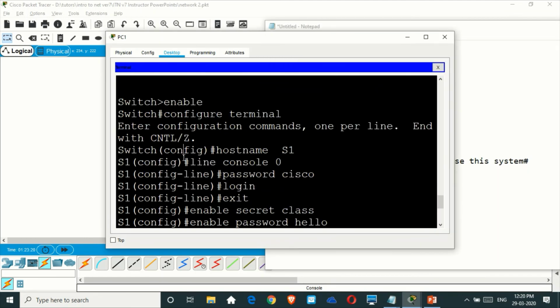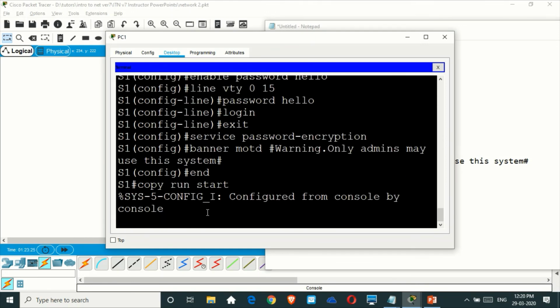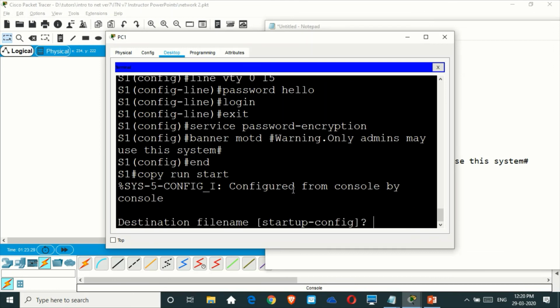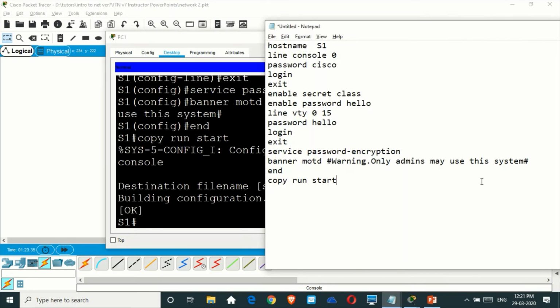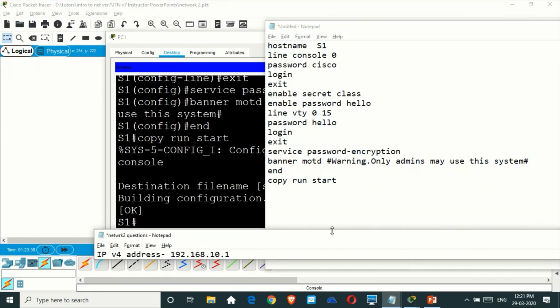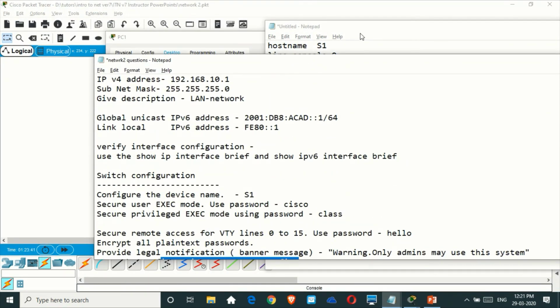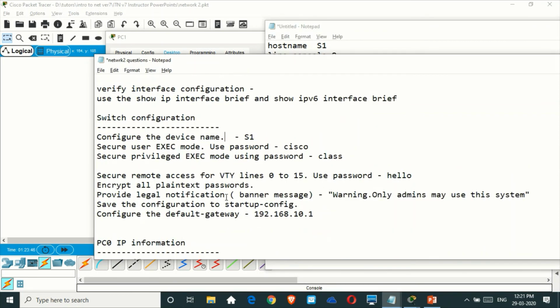The host name is S1, console, all these things are there, so we are almost finished. Copy run start, it will stop there for our confirmation for the destination file name, startup config, press enter, and that's it. So we have completed the switch in a very easy way because of this practice of copying the commands into notepad and just pasting them over here.